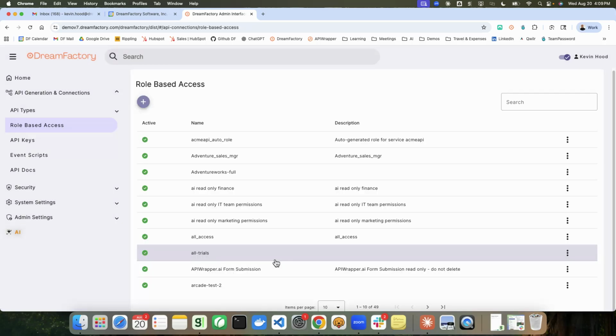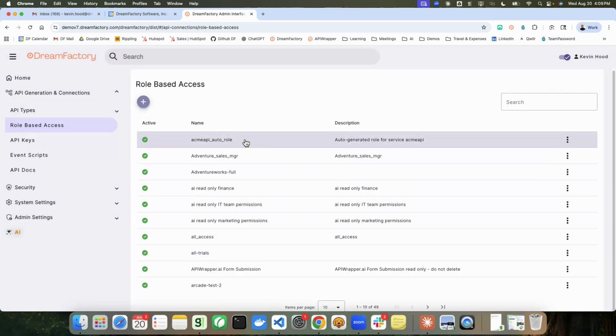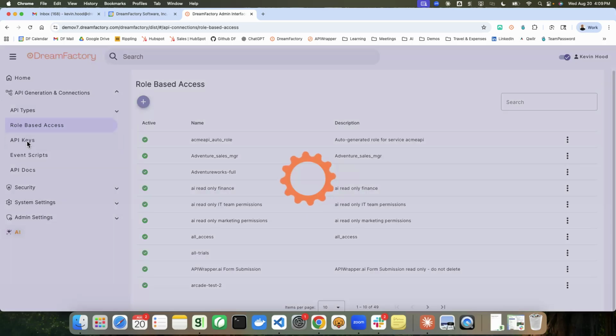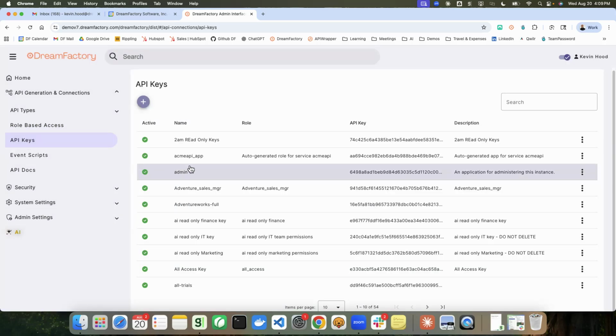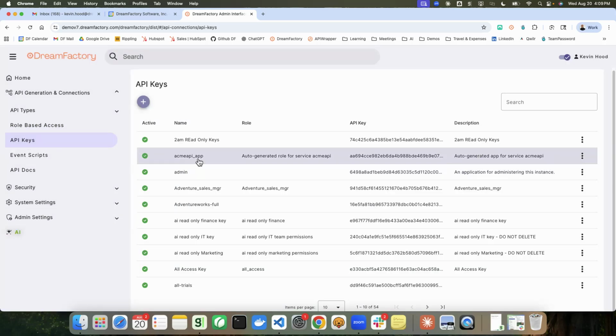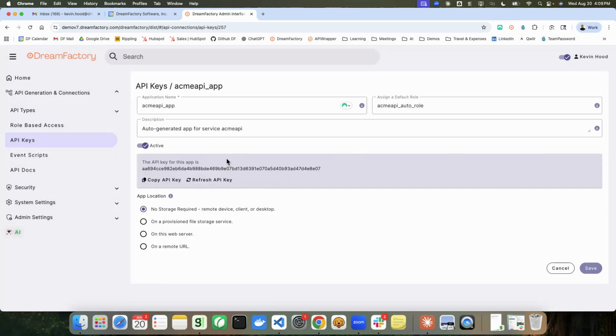The other thing it did after it created that role-based access control is it then generated the API key for us automatically. And here you can see the API key generated for us automatically. We'll click into that. And right away, you see we have the name of the API key and that access role that we just went through already assigned to this API key. So I can now take that API key, okay,